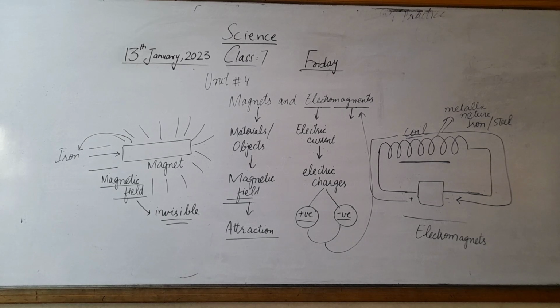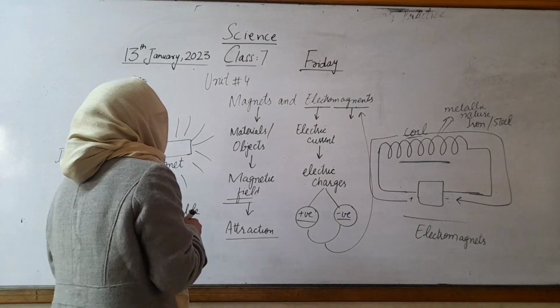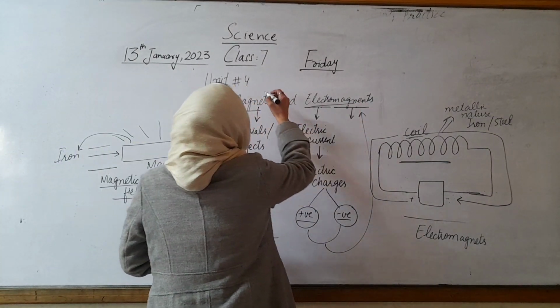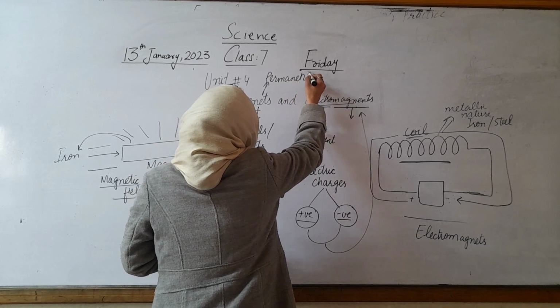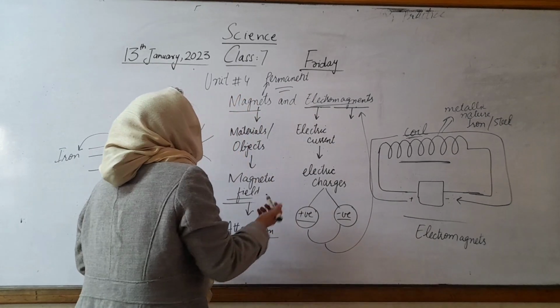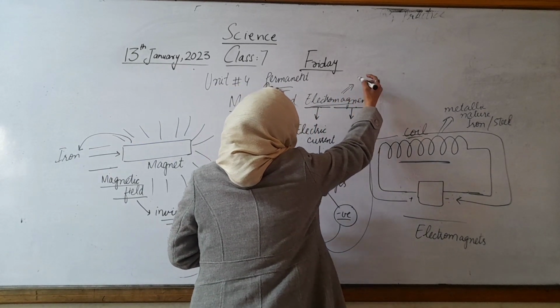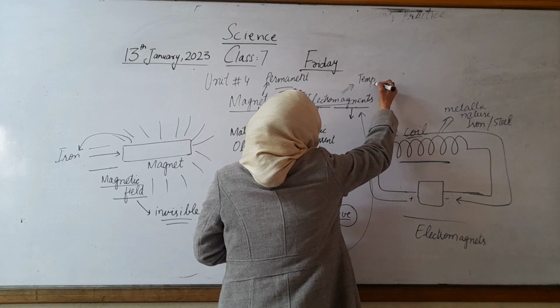in simple are of two types that we use in the labs. The first one is a bar magnet and the second one is a U-shaped magnet. And electromagnet can be constructed to create the electromagnetic effect. Okay? There are two things that are not common in magnets and electromagnets: magnets are permanent. Magnets all the time have a magnetic effect, but electromagnets are not permanent, having temporary nature.